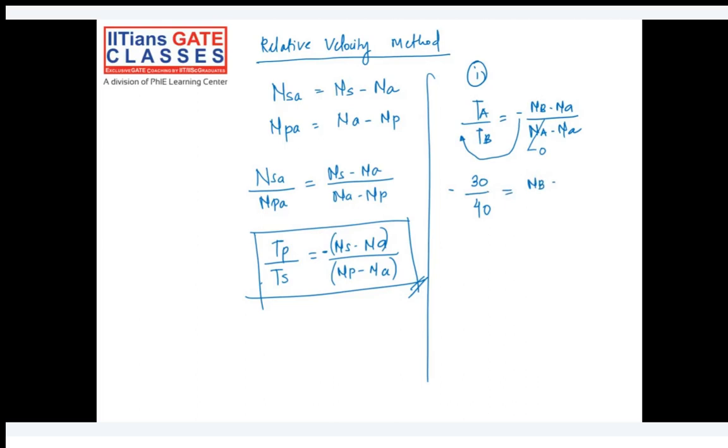So suppose positive is counterclockwise. This is your assumption. So that's why minus you kept as it is and written 80 divided by 0 minus 80. Even if you just solve this, you will end up with the correct answer. So this minus 80 will go to this side, minus minus will get cancelled. 30 into 80 divided by 40 is 60, and NB is equal to 60 plus 80, that is 140 RPM,